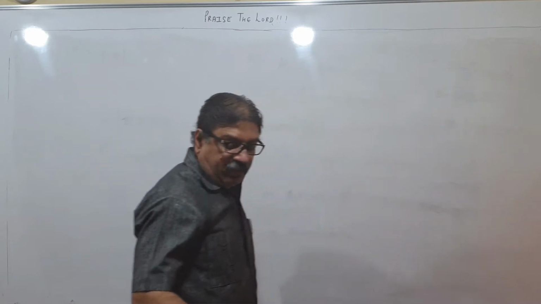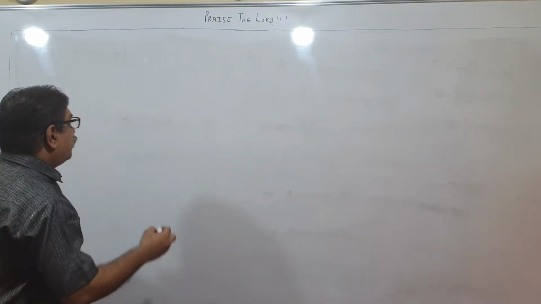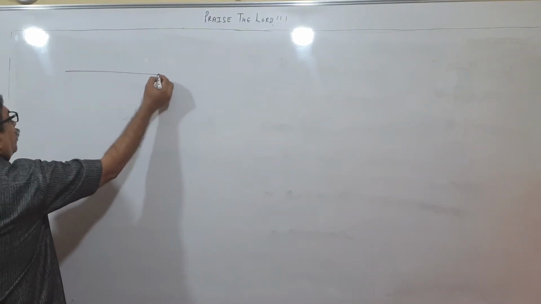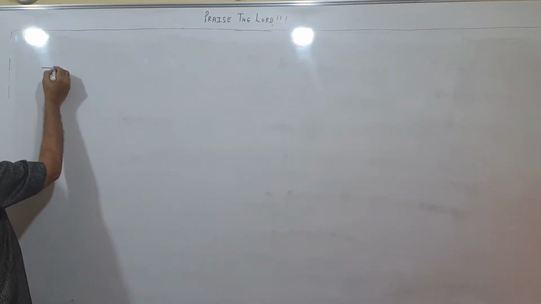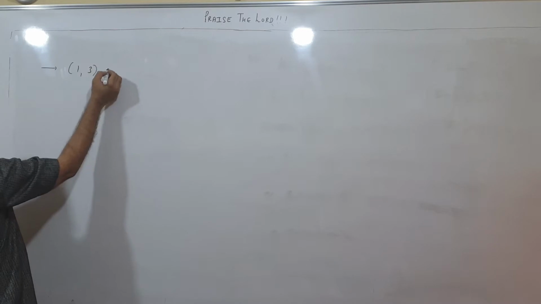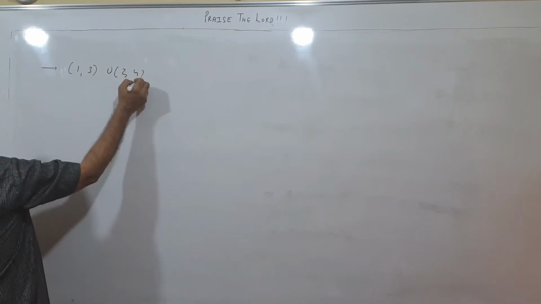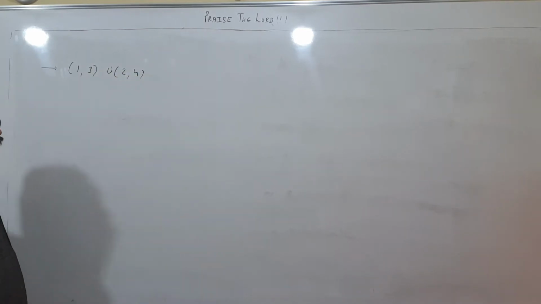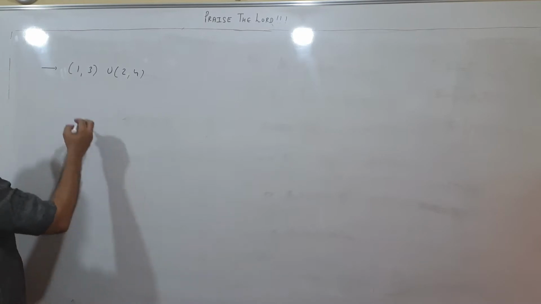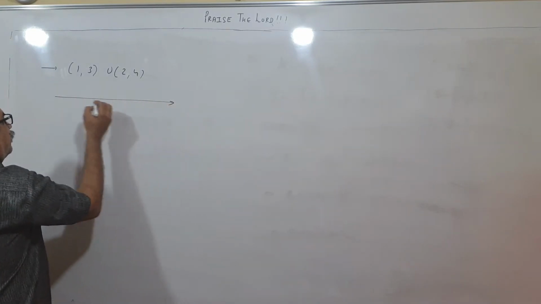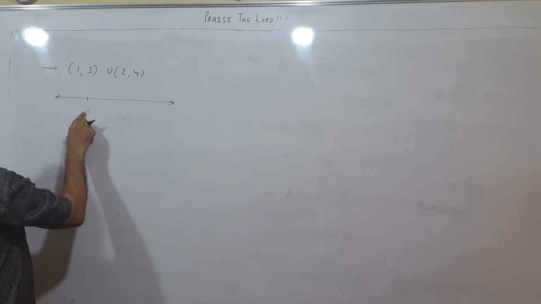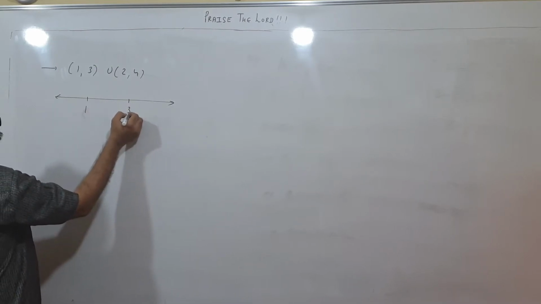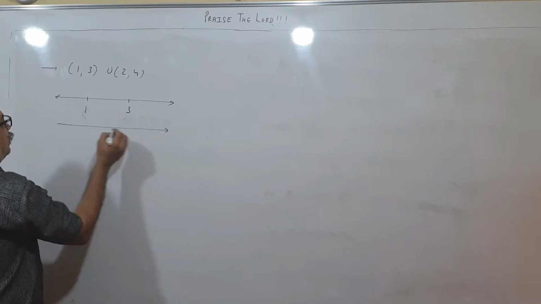Now children, we have seen intervals. Let us see how to unite two intervals. One interval is given to me, supposing I think like this. First question, I want union of (1, 3) union (2, 4). These two intervals I want to unite. So first plot them children to make yourself understand. This is very important for inequalities also. 1 and 3, and the second one plot 2 and 4.